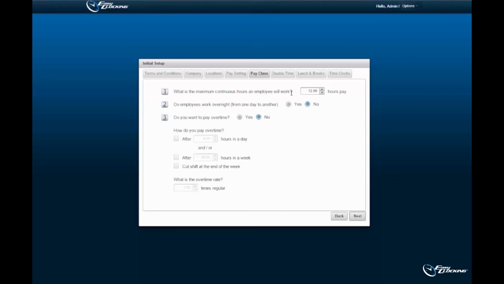This is defined as the maximum hours an employee can work within a shift. Do employees work overnight, from one day to another? This is a yes or no option. We at Easy Clocking recommend selecting this option if there are employees within the company being enrolled whose shifts pass midnight. If this option is not selected, shifts going past midnight will be treated as separate shifts within the software